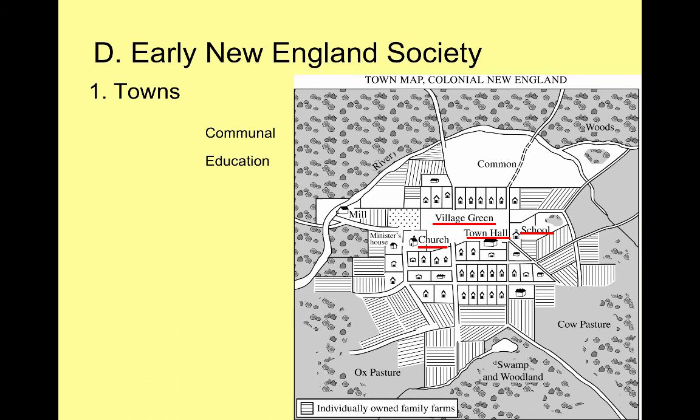Next, education. All New England children must learn to read and write, whether they're male or female, because they must learn to read the Bible. And so we see that New England communities are very literate. The South did not have this. In the South, they weren't focused on the Bible as much, so there wasn't a need to learn to read and write. And in fact, the farmers who grew the tobacco really didn't need it for that either. And so there's very poor education in the South, but there's a high degree of education in the North. But there again, we see community. All the children in the village are coming together every day to learn to read and to write and to do math. And so again, more community.